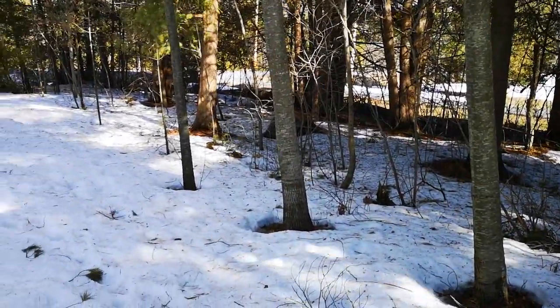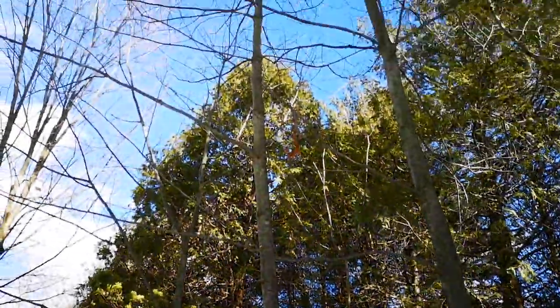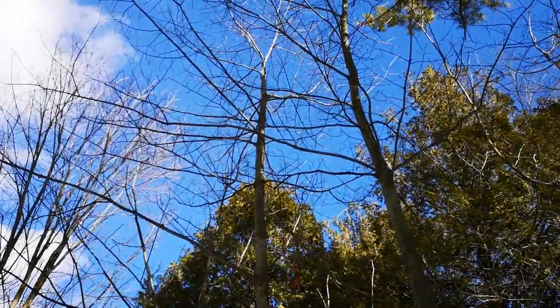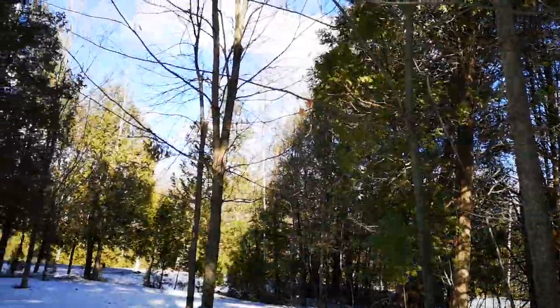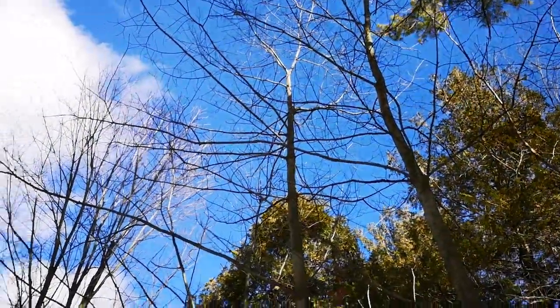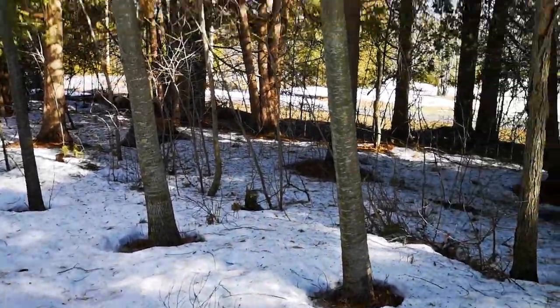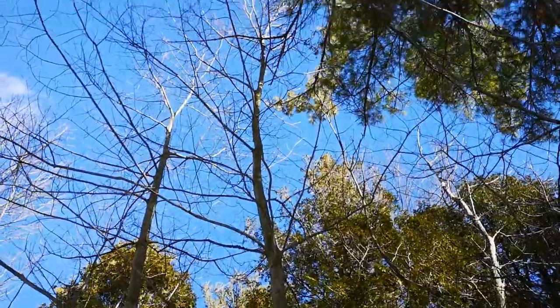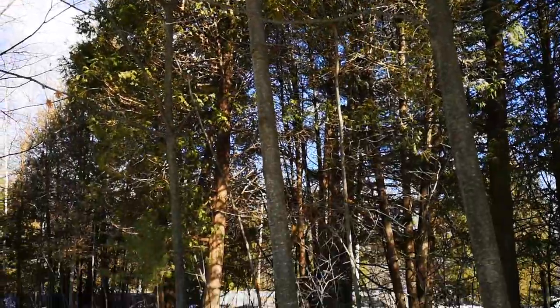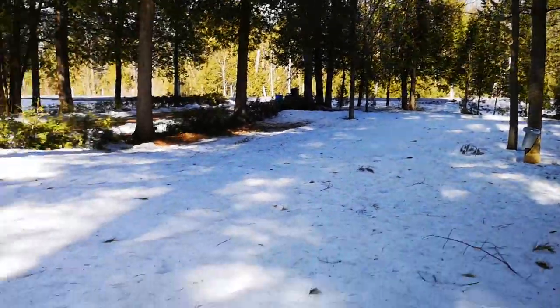It's either too early to tap that one, or it was not a maple or sugar maple, so it didn't produce anything. Try again, but you can see, or I can see now, that these are not even remotely close, so I don't know what I tapped. If any of you guys out there know what these trees are, let me know. But I took a chance and it was not the right type of tree, so live and learn. That's 26,